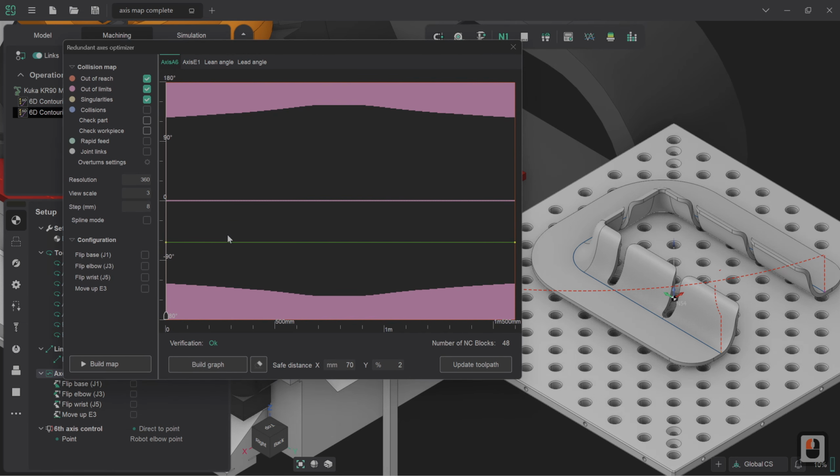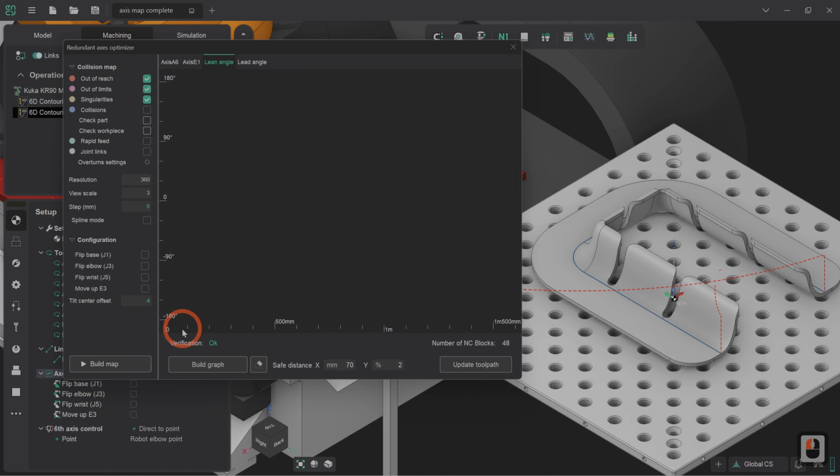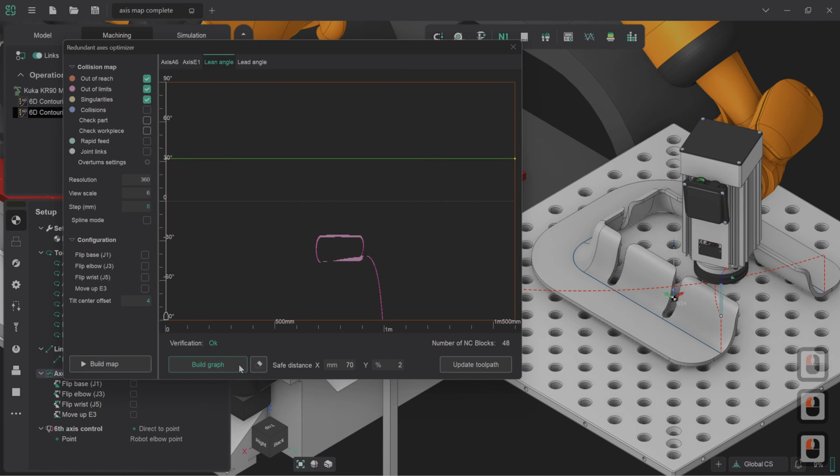We also have control of axis E1, which is not relevant in this particular instance, although if you're dealing with turntable style controls, it's very useful for that. Furthermore, we also have access to the lean angle and the lead angle, and we'll very quickly go over what these mean. So let's build the map now, and we'll build a graph here,